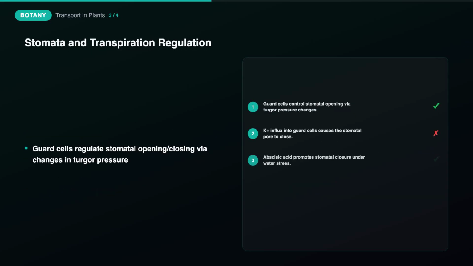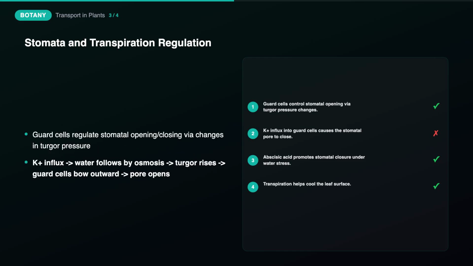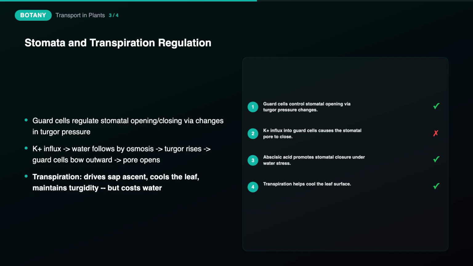Stomata are microscopic pores on the leaf surface, each flanked by two specialized guard cells that regulate the pore's opening and closing, and this regulation, called stomatal movement, is primarily controlled by changes in the guard cells' turgor pressure. When guard cells actively accumulate potassium ions, water follows by osmosis, increasing their turgor pressure, and because guard cells have unevenly thickened walls, thicker on the inner side facing the pore, this increased turgor causes them to bow outward, opening the stomatal pore. When potassium ions and water instead leave the guard cells, turgor pressure falls, and the guard cells